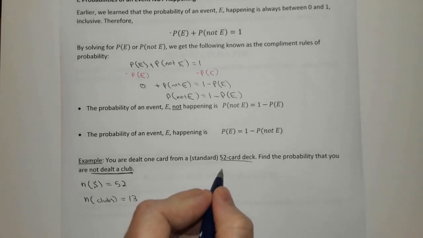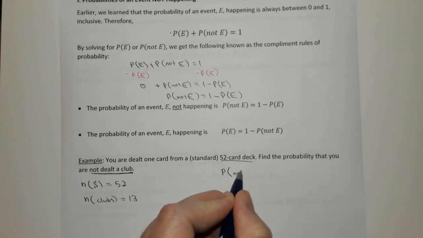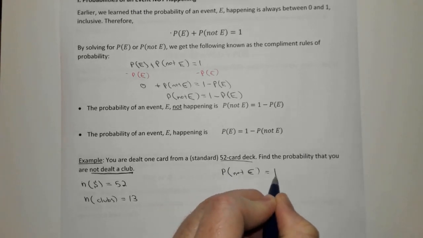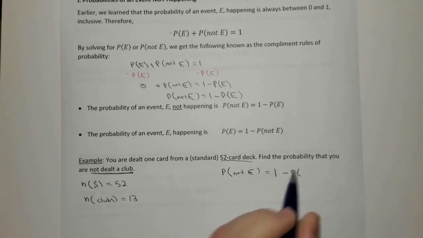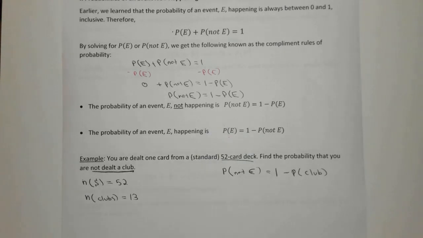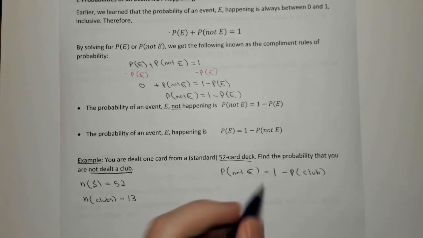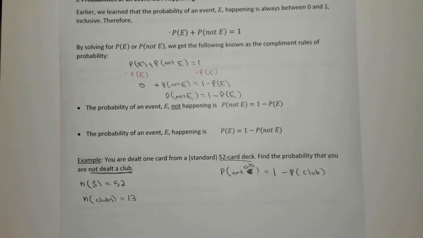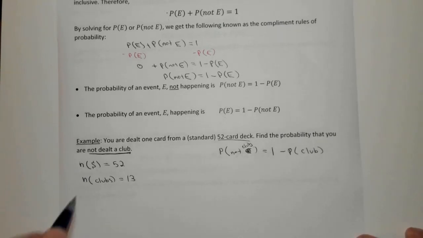So remember, the probability of something not happening is 1 minus the probability of it happening. Okay, so I'm using the second one. Probability of, oops, I should write that as a club. Probability of a not club is 1 minus the probability of a club. So the probability of a club is